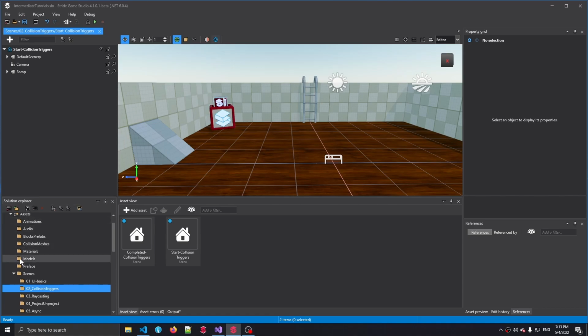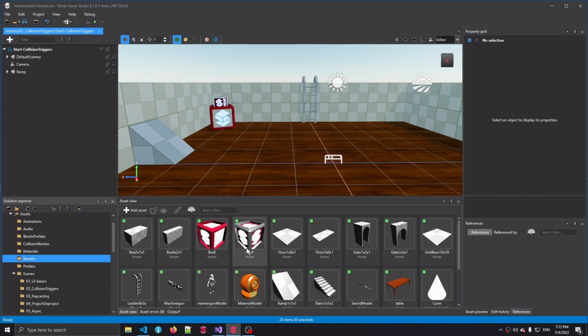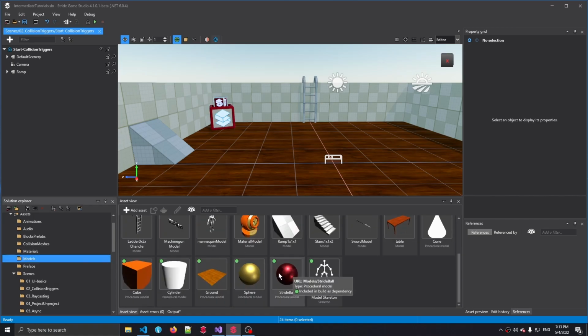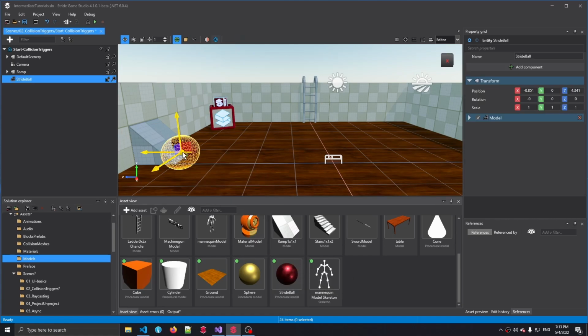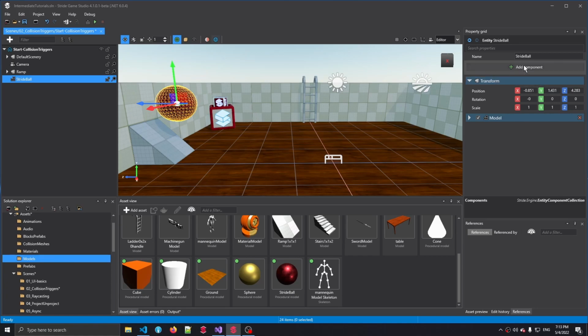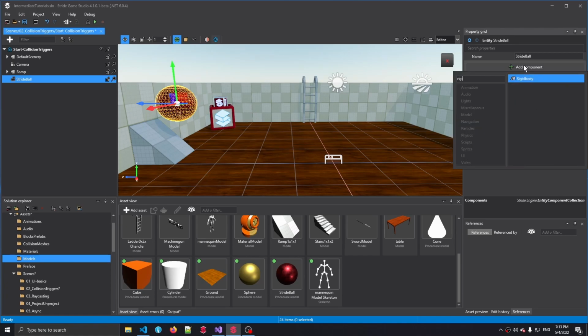We're going to go to the Models folder in the Solution Explorer, and if we scroll down, we have this nicely prepared Stride ball, or this procedural model, that we can drag into our scene. Let's drag it simply upwards. And now we're going to add a rigid body component, which is one of the components that comes with the